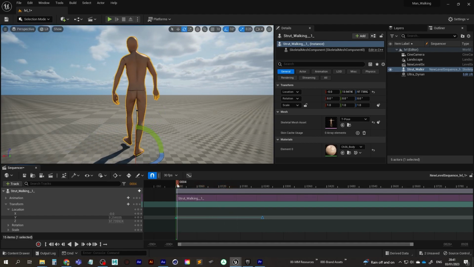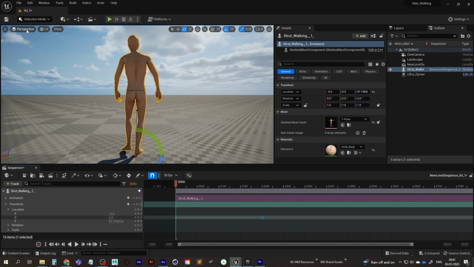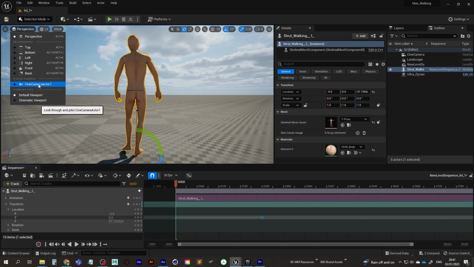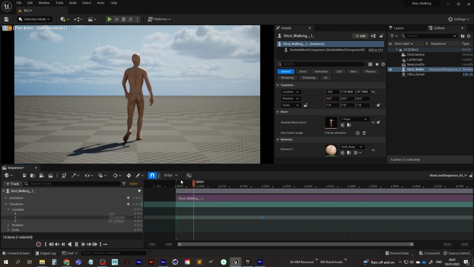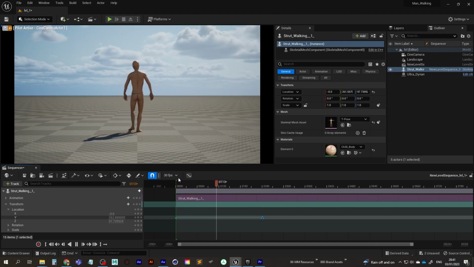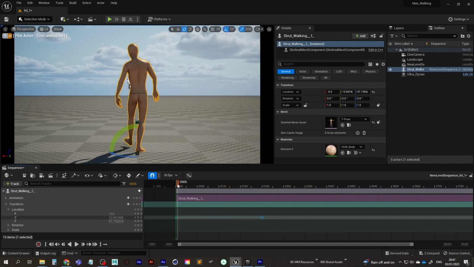So the last thing we're going to do, for the whole scene setup and everything, before we jump into rendering this out, is go back into our Cine Camera Actor 1 view, and we want that camera to follow our guy. So make sure we're on frame 0.